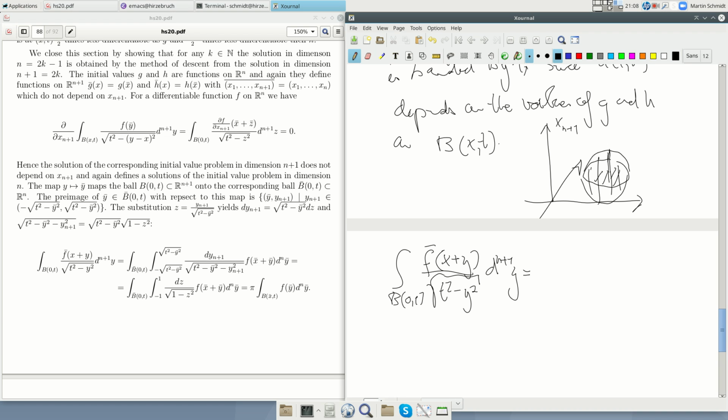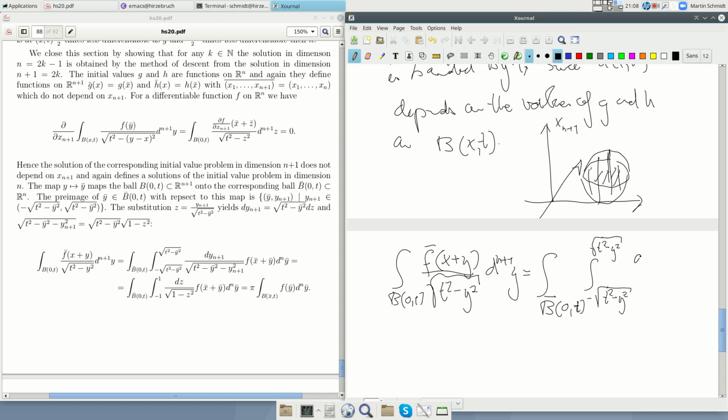Since f does not depend on the last coordinate, we can do it as an integral over the n-dimensional ball, t, and an integral over these lines. But these lines clearly go from minus square root of t square minus y bar square to plus square root of t square minus y bar square. And then we have this factor, dy n+1